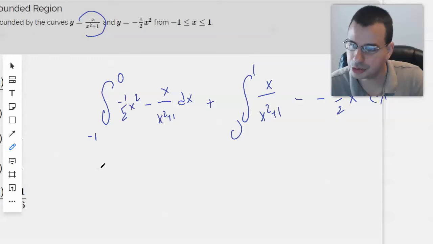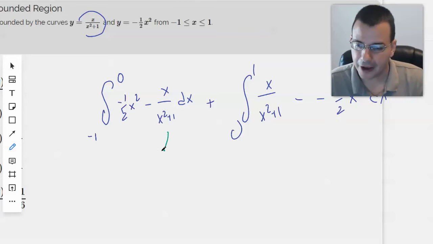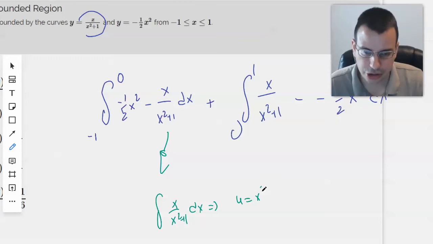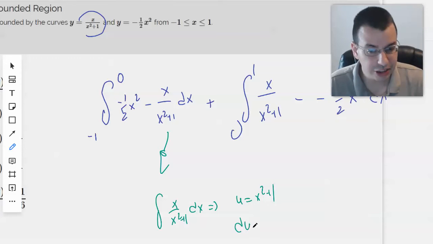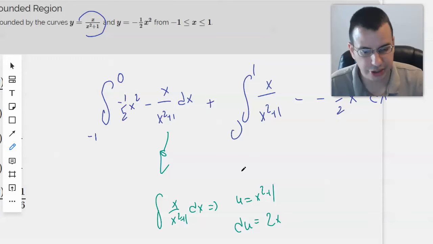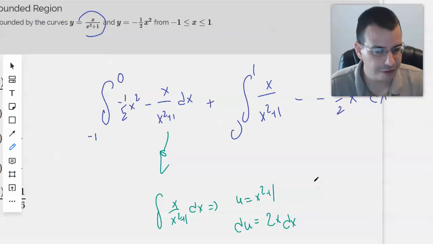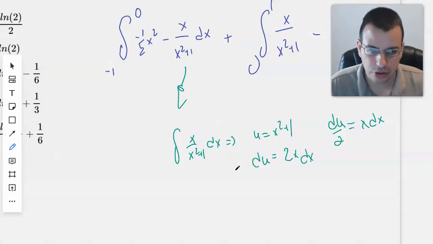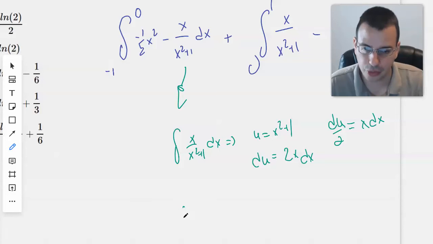Let's do some green. I'm going to find out what this is real quick. So, integral of x over x squared plus 1 dx. We'll say u equals x squared plus 1, du equals 2x dx. Therefore, du over 2 equals x dx. Not too unreasonable. And so we're left with integral 1 over u,